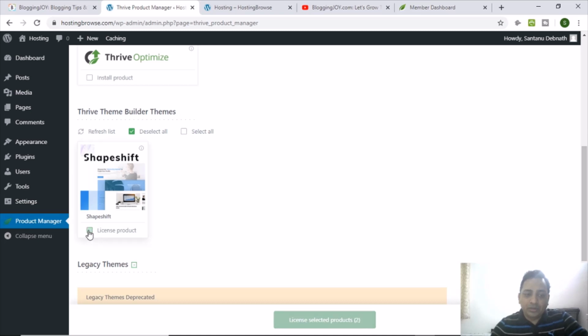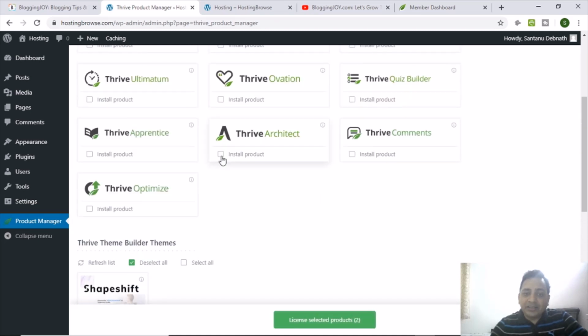So what we will do, we'll click on the license. We need Thrive Architect also. Here is one thing: if you purchase Thrive Theme Builder alone, you will not get 100% freedom to design your entire website. Definitely you can create the entire layout, but if you want to create custom pages, then you will find some difficulties, because custom pages can be designed with the help of Thrive Architect only. As a Thrive member, I am getting all the tools for the price of $228 for 1 year. So according to that, I will say that this is completely worth it.